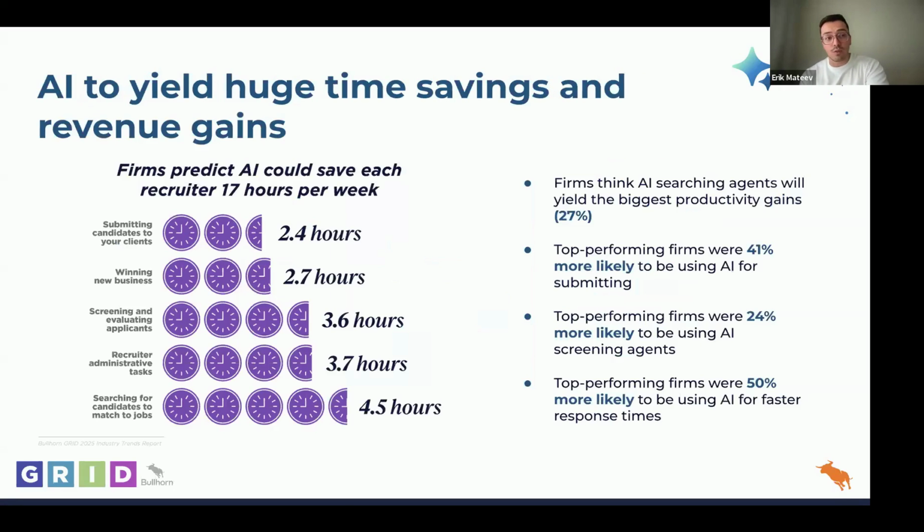AI has already proven to be an incredibly valuable solution, not just from a time-saving perspective, but also to grow revenue. We're seeing AI supporting business development. Engagements are more frequent and more personalized to the recipient than they were before. The recruitment process is more streamlined. And even from a screening perspective, businesses are using AI to screen candidates so that they're matching better candidates to jobs and filling vacancies a lot quicker.